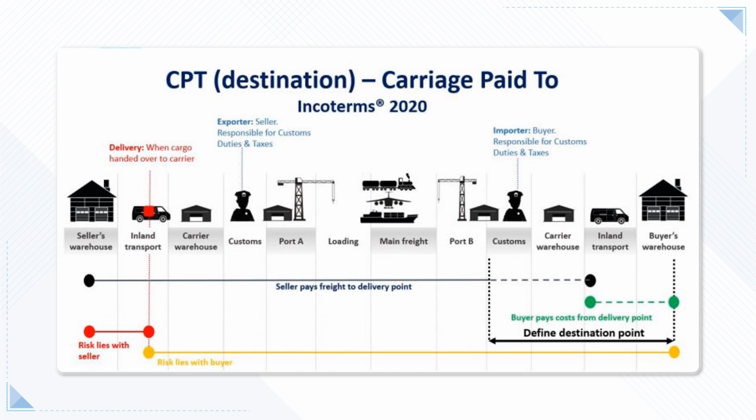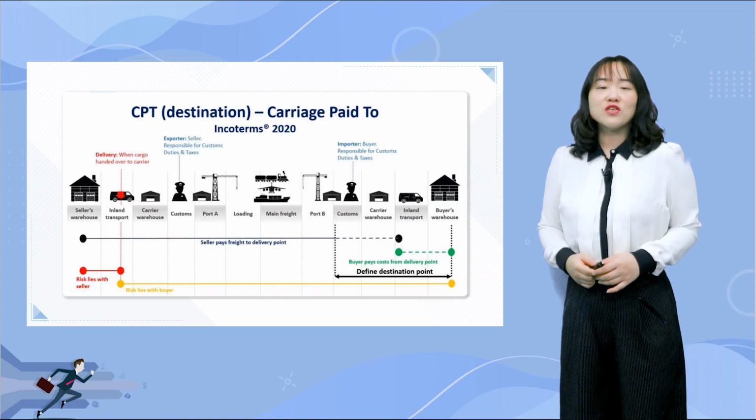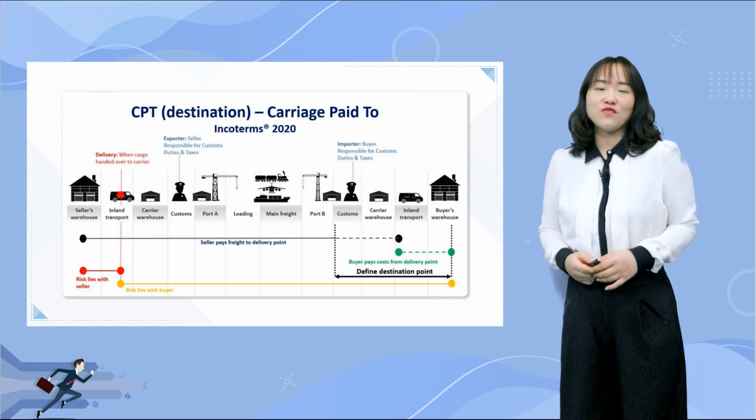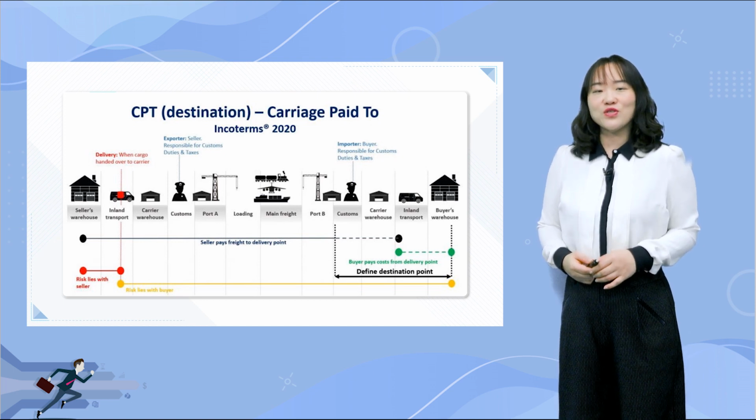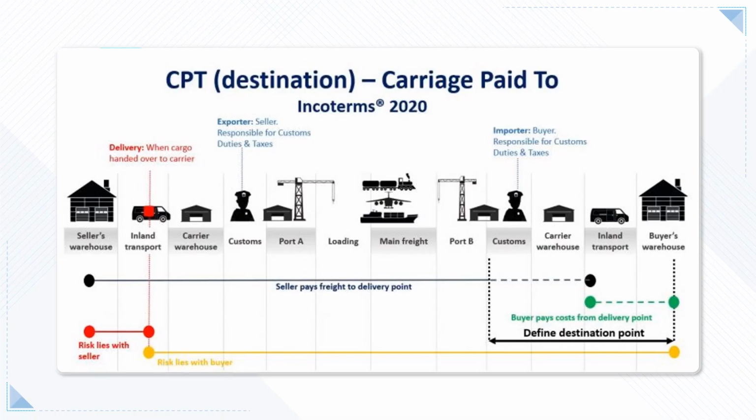CPT, carriage paid to. The seller delivers the goods to the carrier or another person nominated by the seller at an agreed place, if any such place is agreed between parties, and that the seller must contract for and pay the cost of carriage necessary to bring the goods to the named place of destination. The goods are considered to be delivered when the goods have been handed over to the first or main carrier, so that the risk transfers to buyer upon handing goods over to that carrier at the place of shipment in